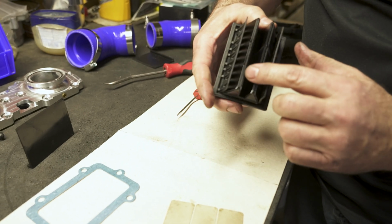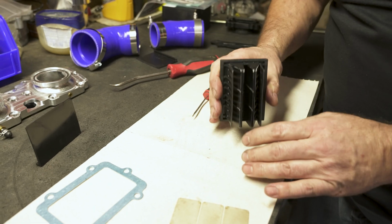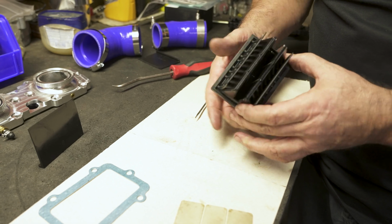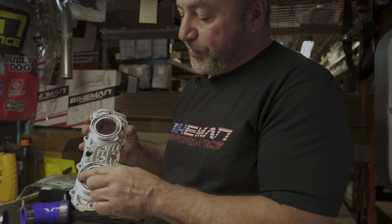Verify your reed pedals are laying down. If they're not, kind of shake them around a little bit. Gets them to resettle, kind of true themselves up in there. And there's your reeds. Your new billet intake is going to come with O-rings that the